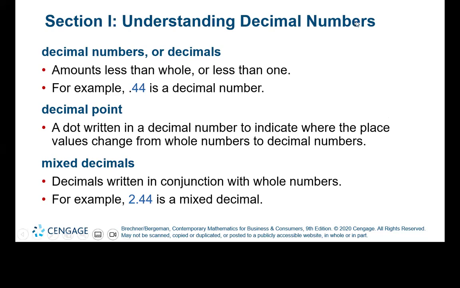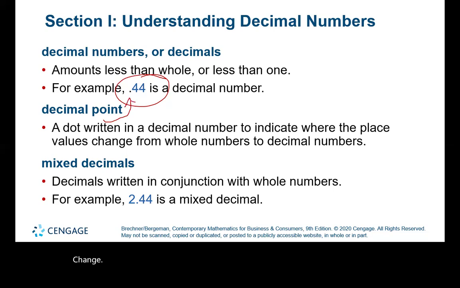Okay, so decimals are amounts that are less than a whole number or less than 1. So let's think about the decimal 0.44. It is a decimal number, okay, because 0.44 is less than 1. A decimal point is the dot written in a decimal number to indicate where the place values change from whole numbers to decimals. So the dot up here,